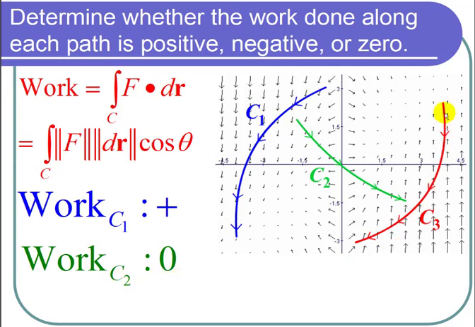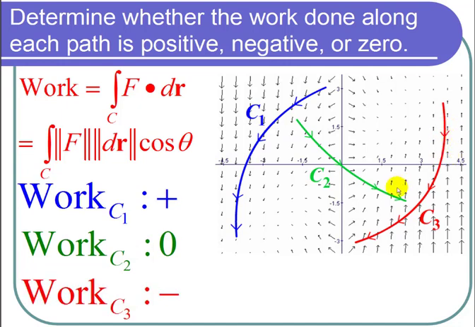Now let's look at C3. For C3, the curve, or the particle moving along the curve, is moving against the vector field F. And in particular, we look at the angle between the vectors, and those angles are obtuse angles. So the cosine of those angles are all going to be negative for every vector along the curve compared to the vectors on the force field. So we can conclude that the work done by the vector field for a particle moving along C3 is negative. And I'm done with the problem.